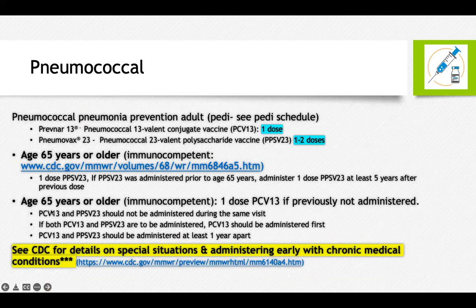Now, if we're 65 years or older and immunocompetent, we're going to get 1 dose of PCV 13 if previously not administered. Okay. The PCV 13 and PPSV 23 should not be administered during the same visit, and they should be administered at least 1 year apart. Again, you want to look at special situations and variations in administering any of these immunizations, especially if they have